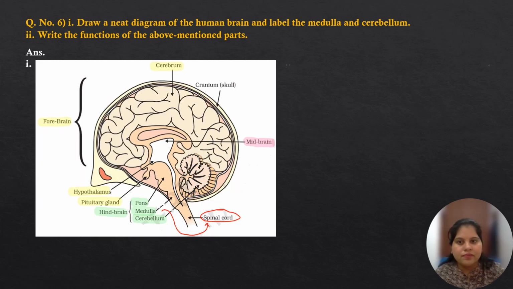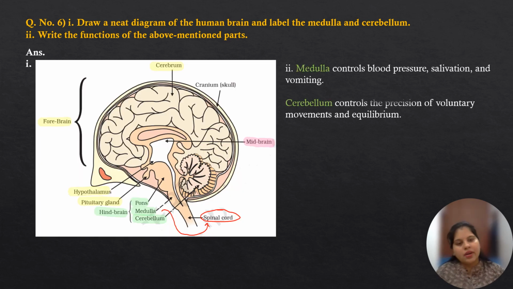As you know, medulla controls all the involuntary functions like blood pressure, salivation and vomiting, while the cerebellum is responsible for maintaining the body posture, and we can say that it also helps in maintaining the equilibrium of the body. This is the